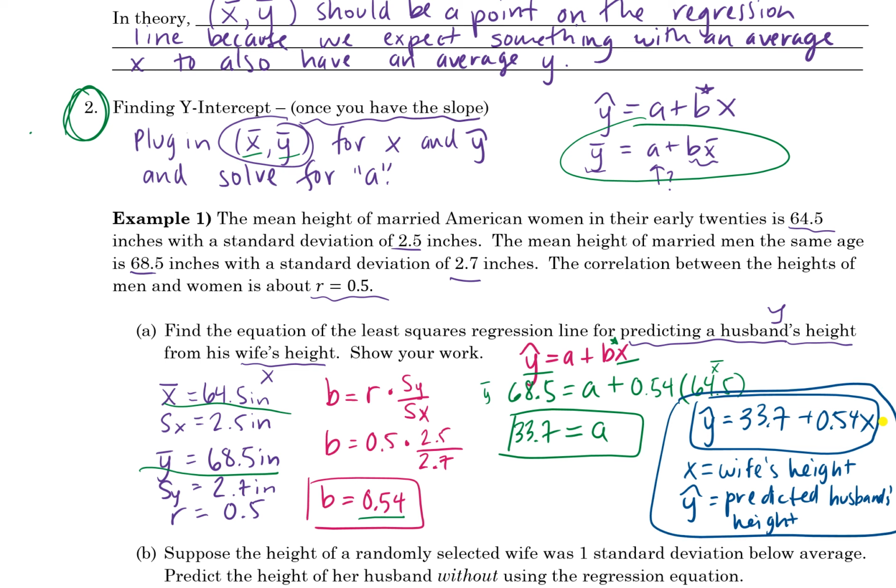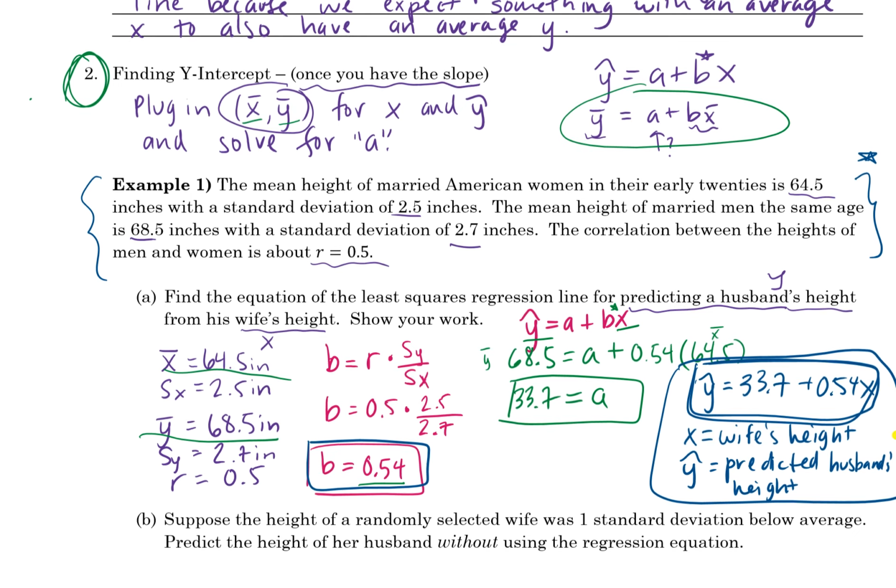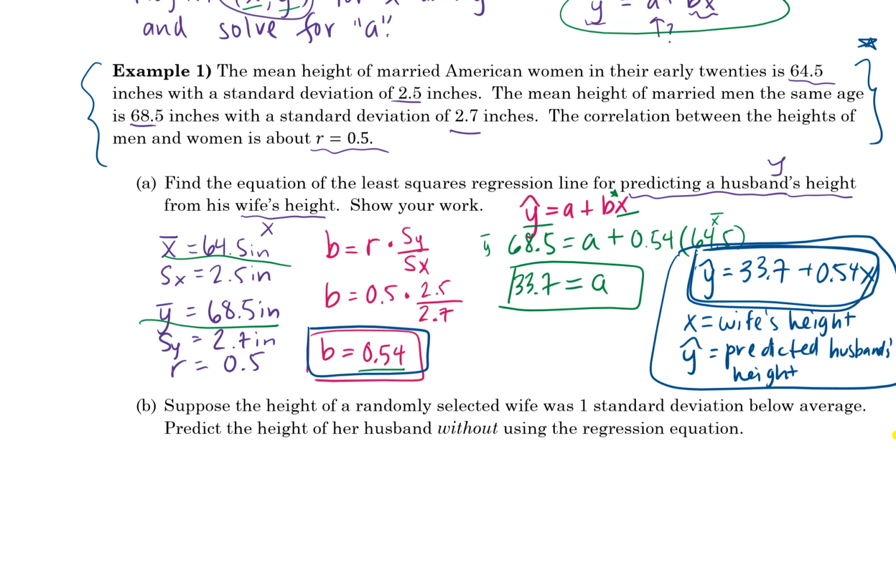All right? So as you can see in this problem, everything was given to you. And usually, as I said, this ends up being a multiple choice question on the AP exam. And on the multiple choice question, it's going to look just like this. They're going to give you all of this information, and they'll ask you either for the entire equation, or oftentimes they'll just ask you for the slope. Okay? So that's kind of how this goes. So let's move on to question B.